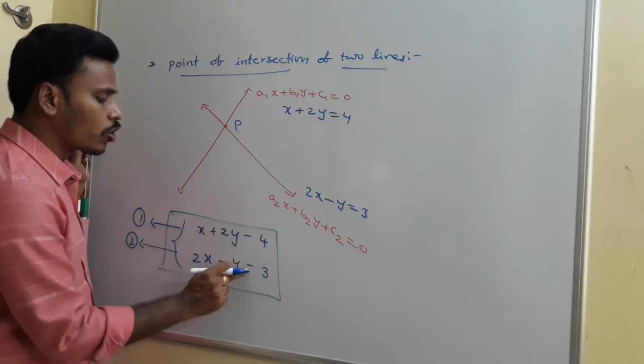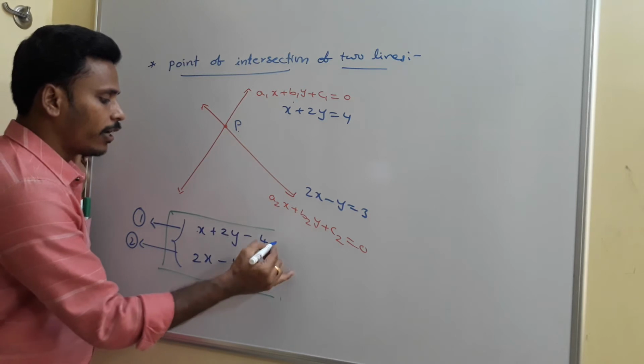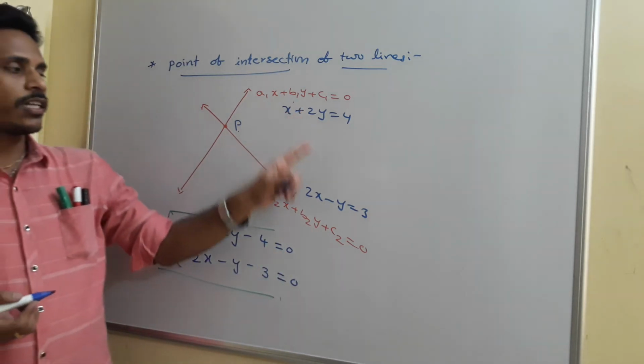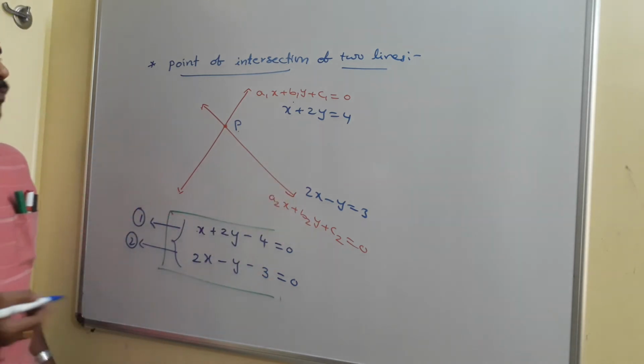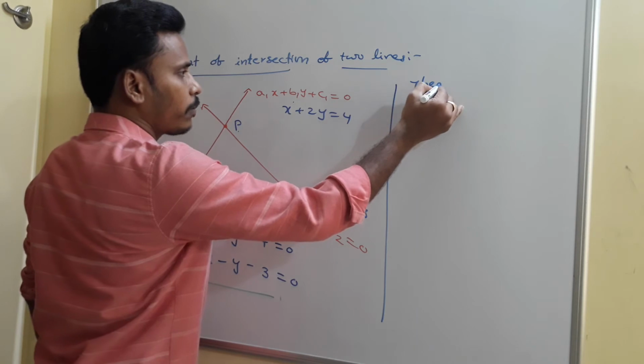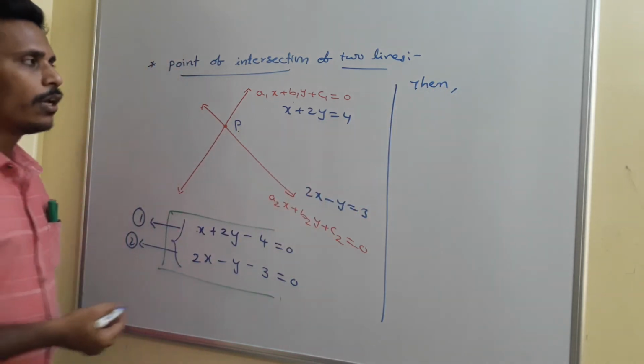For that, first send this constant to the left side. It becomes x minus 4 equals 0, and y minus 3 equals 0. So these are the two lines, send everything to one side. Then in this determinant method, this shortcut method, to find the point of intersection, you need to write like